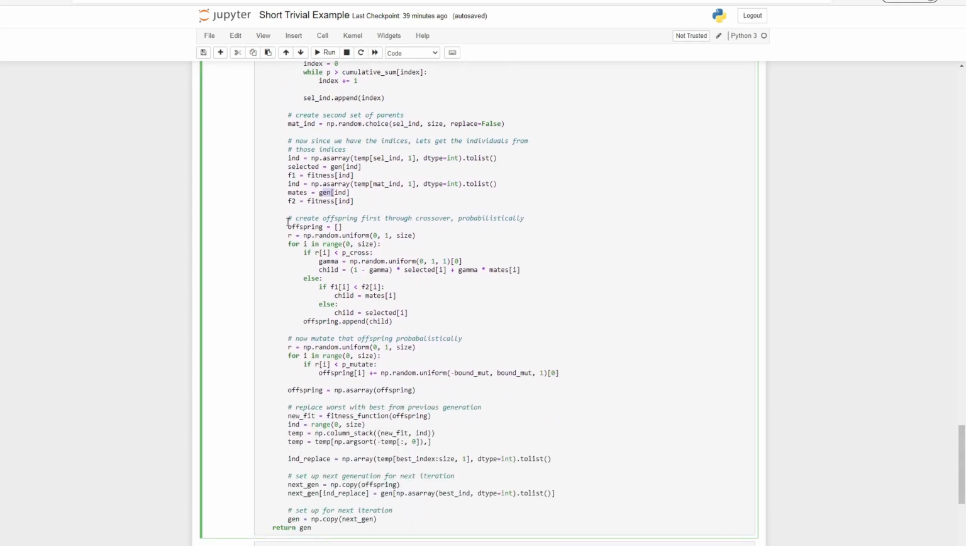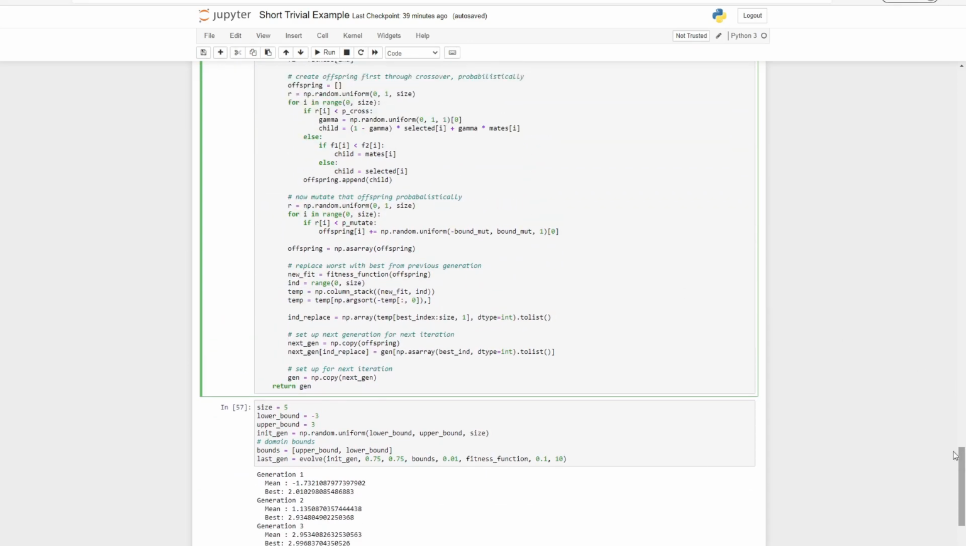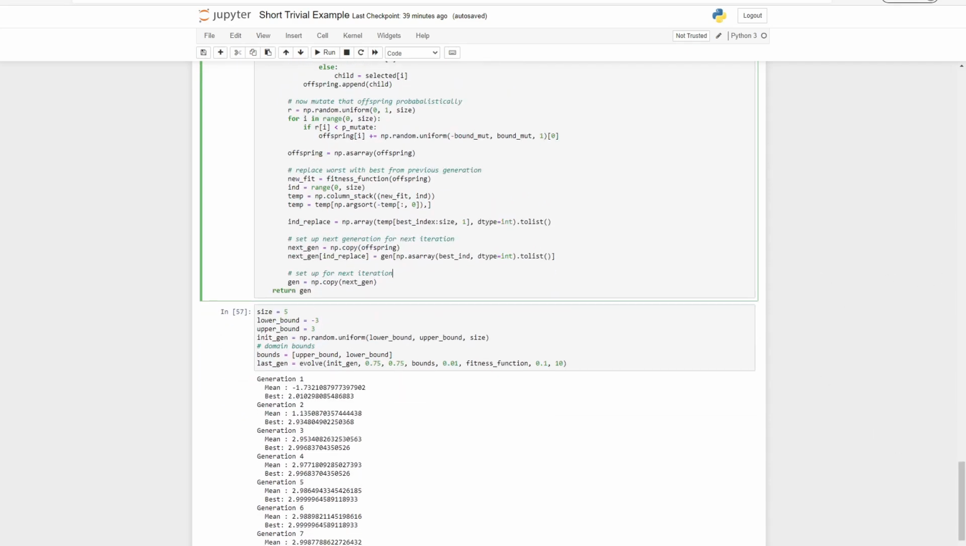Then we create our offspring through crossover first, and then we do the same thing for mutation, and then we replace the worst of our next generation with the best of our previous. And then we set up our next generation for the next iteration by replacing those values. And then if you were to call this function, as you can see here,